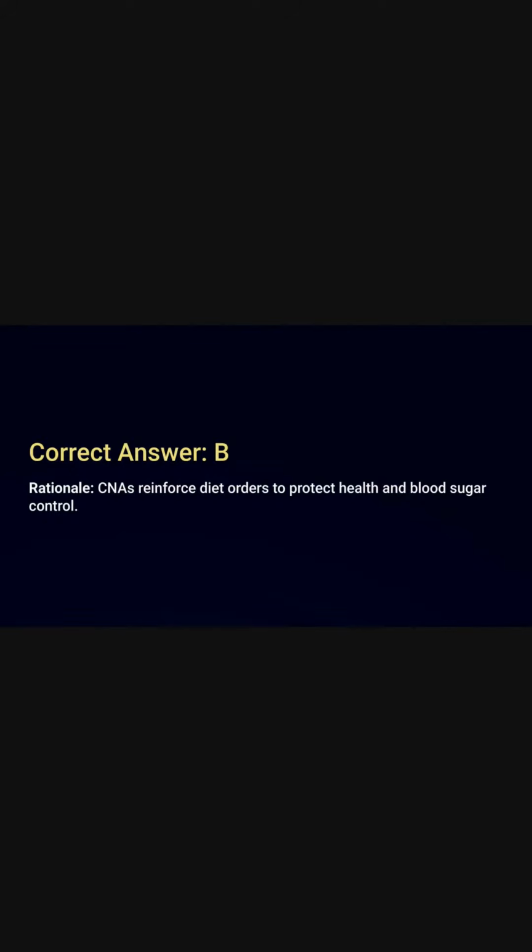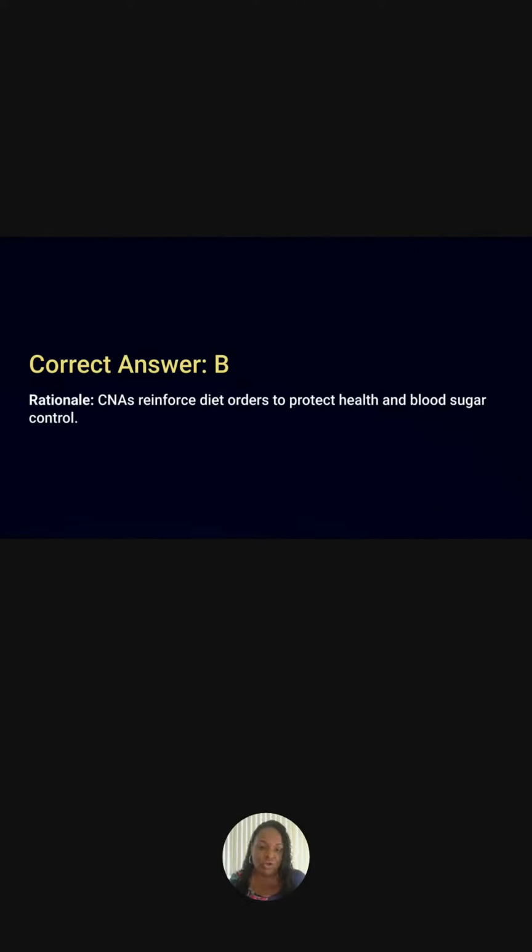Perfect, team. Great job. The answer is B. CNAs reinforce diet orders to protect health and blood sugar control. And what does reinforce mean? The nurse does the initial teaching, the RN reinforces what's already been taught. And so you shouldn't be the first one teaching a patient anything. That's not your role. Your role is to reinforce the orders that are in the plan of care